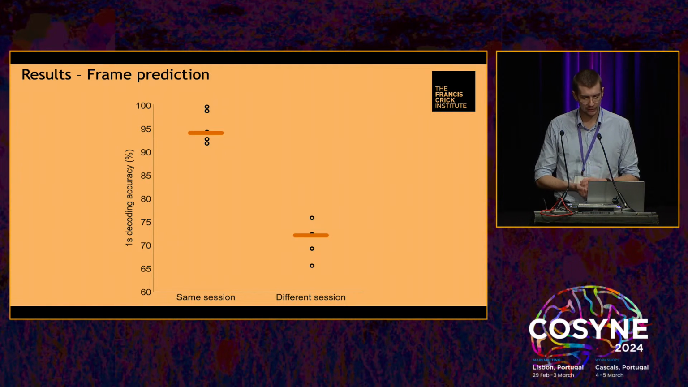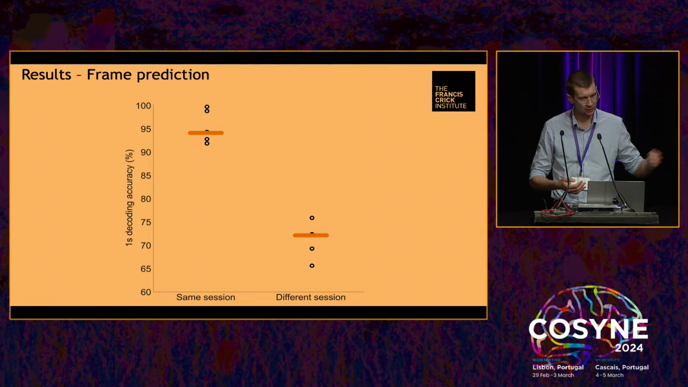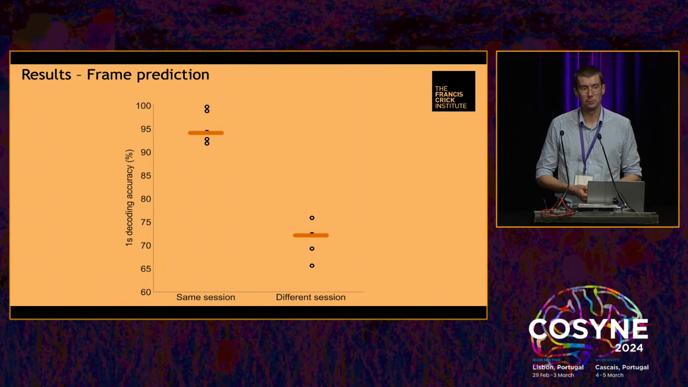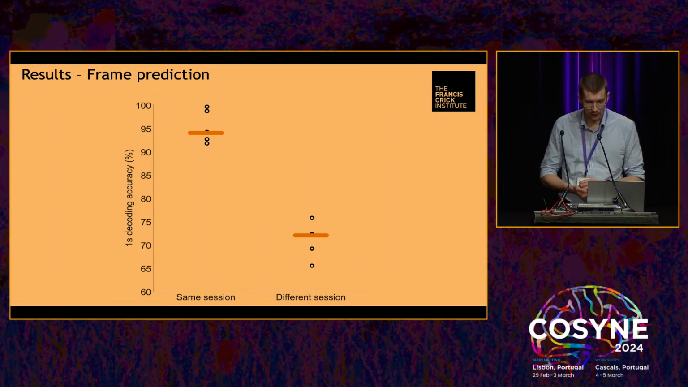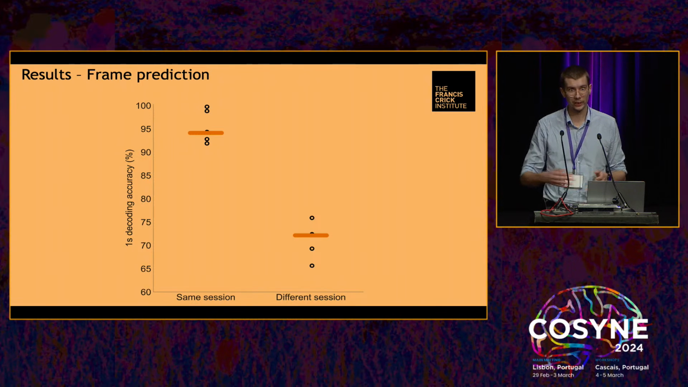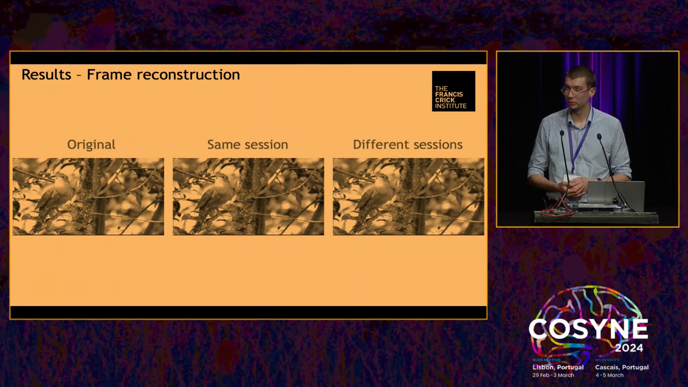On the left, you can see that within the same session, we repeat, I think, over 100 times. We show the film over 100 times, and we obtain over 95% accuracy in predicting the frame ID in left-out trials. But even across different sessions that can span several days, we're still able to find the frame IDs with over 70% accuracy. The second thing that we looked at was frame reconstruction, which is a somewhat hard task,